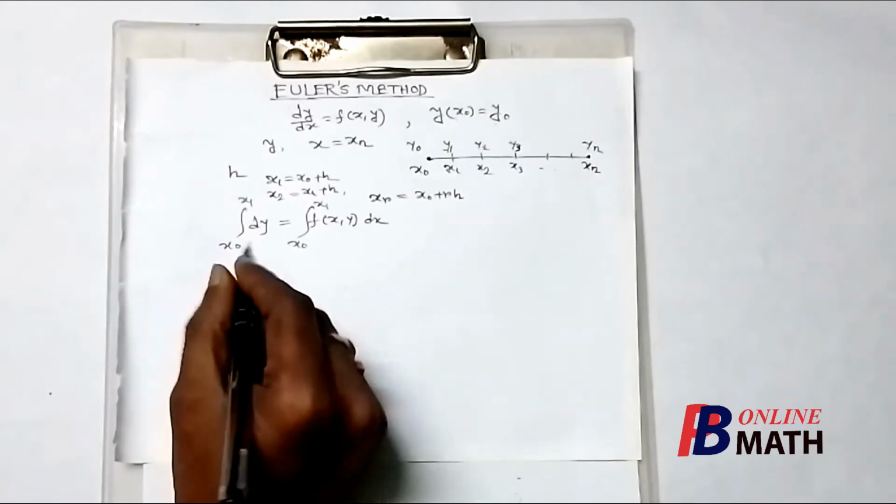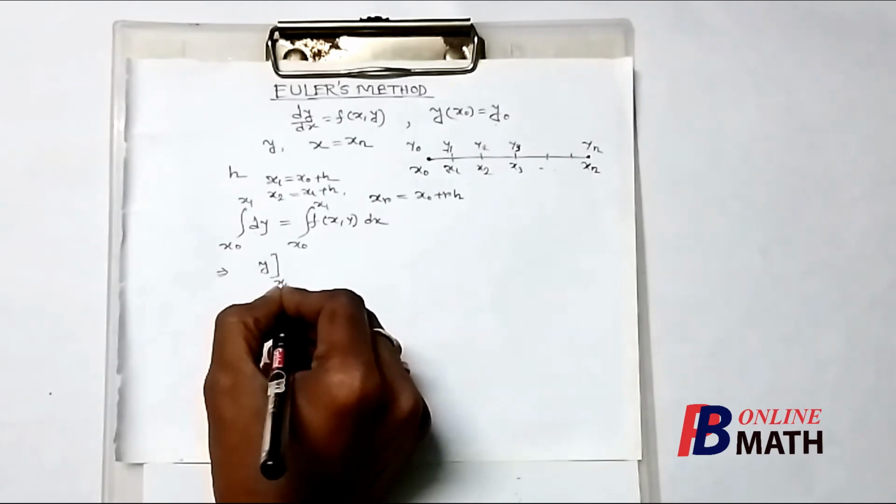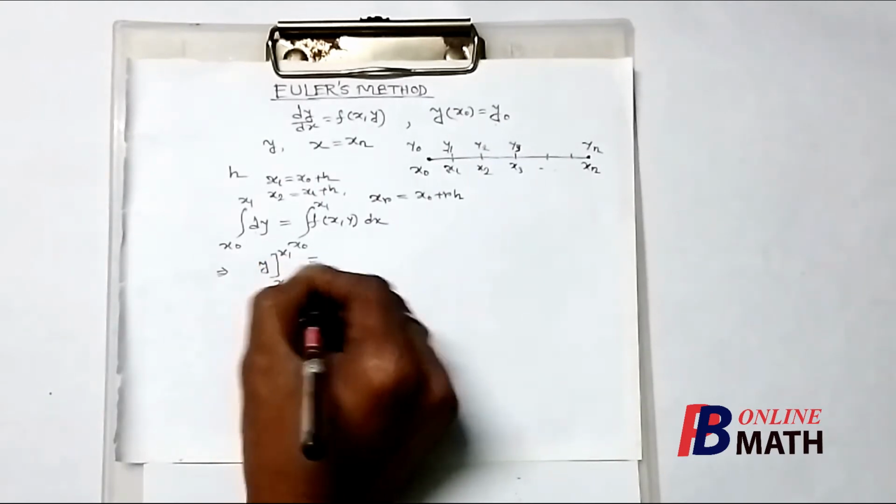Then from the left hand side we get y at the point x1 minus y at the point x0. This will be equal to